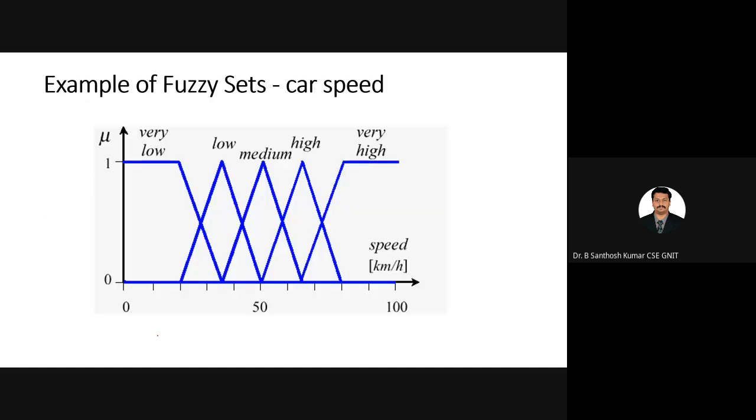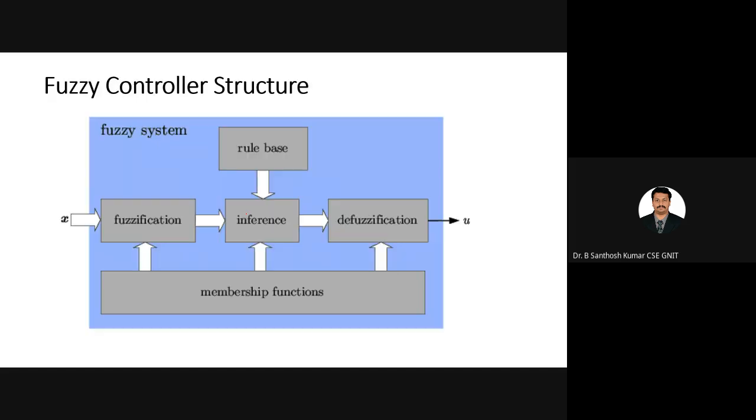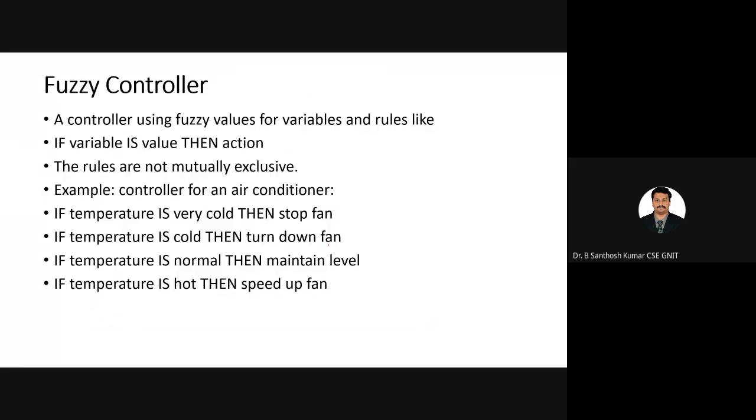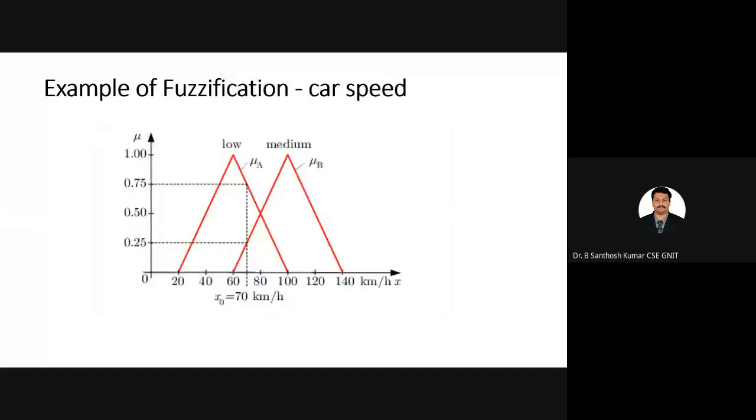So this is the graph representation. If it is very low, then automatically we decrease it, and so on. This is the fuzzy controller structure. We use the concept called fuzzification, which is applied in the inference. The inference is completely rule based and is connected with the membership function. Then we do defuzzification. Defuzzification means the rules are given, and according to the rules, we follow. So this is low and medium.